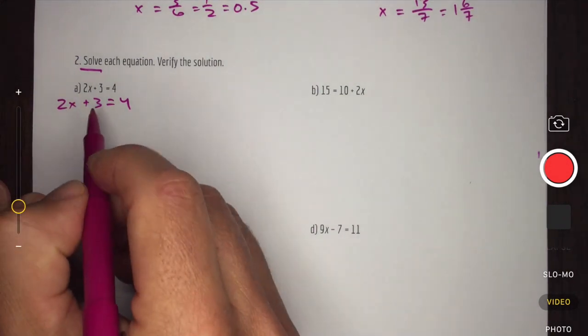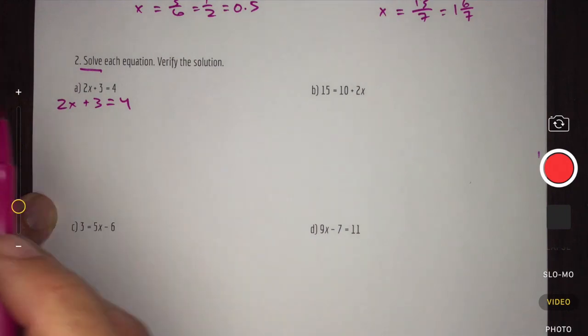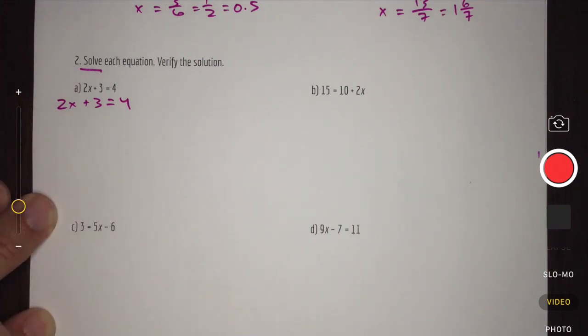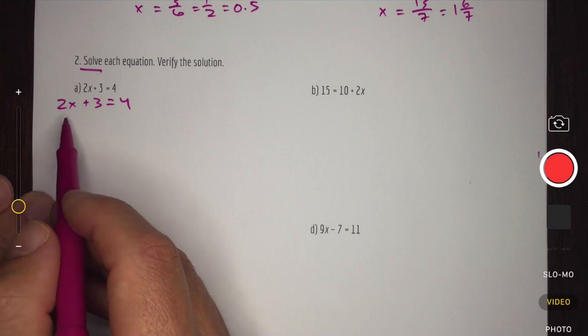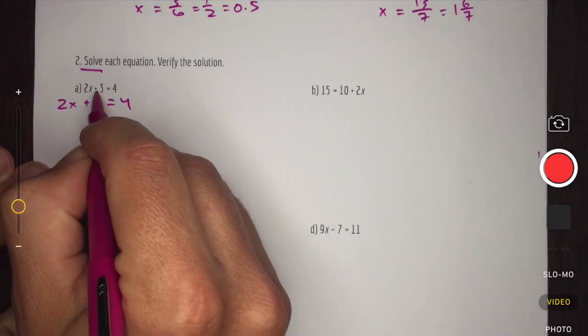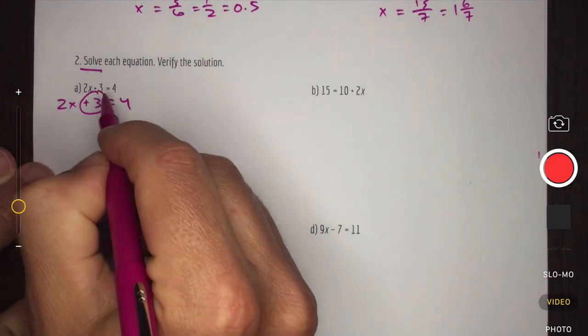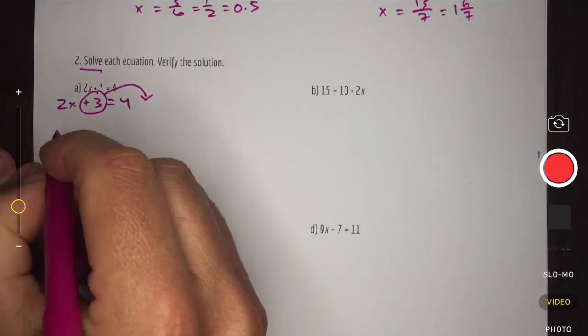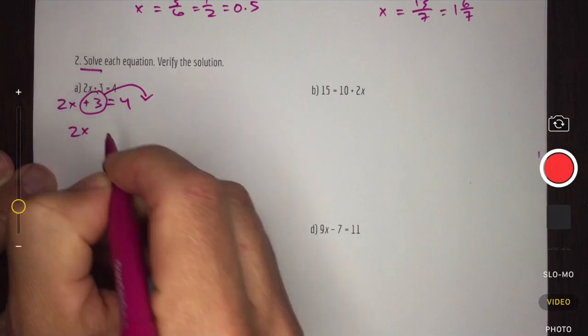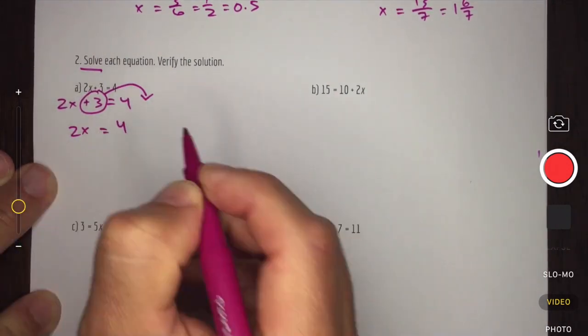So in this particular case, I do want to make sure that I have all my unknowns or all my variables or all my x's on one side of my equal sign and all the numerical amounts on the other side. So I'm going to take this positive 3 and I'm going to move it to the opposite side. What this is going to become is the 2x stays where it is, the 4 stays where it is, and